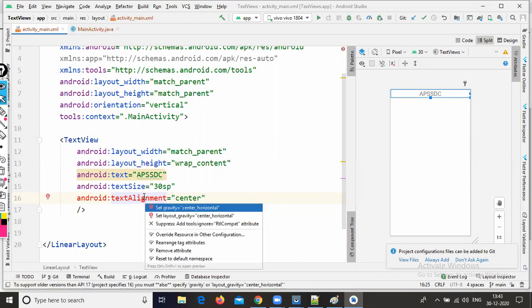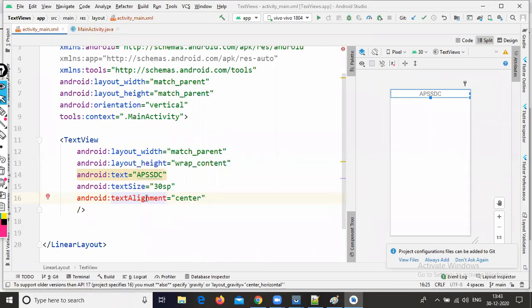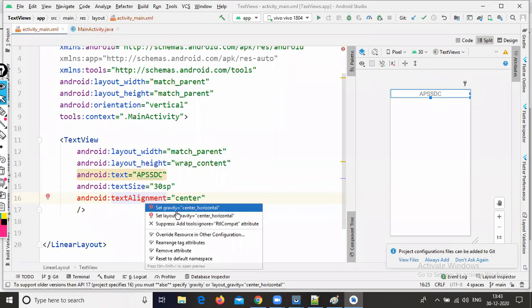Here there are suggestions: set gravity equal to center horizontal, or set layout gravity equal to center horizontal. So we have two suggestions available. Place your cursor on the particular error and click Alt Enter, and you can select either one.